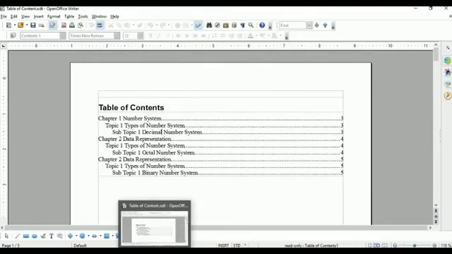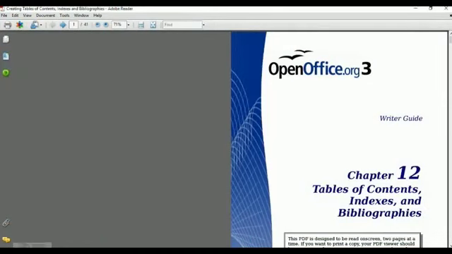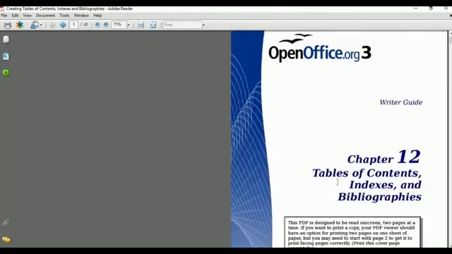I got this PDF from the Apache website, openoffice.org. See, this is the website name, openoffice.org. We got one PDF from there because CBSE till now has not given any PDF file regarding your book or related to the syllabus, so I have downloaded this from the website. This is chapter number 12 in OpenOffice, but according to our syllabus, it is unit number 1, section number 4: Table of contents, indexes and bibliographies.